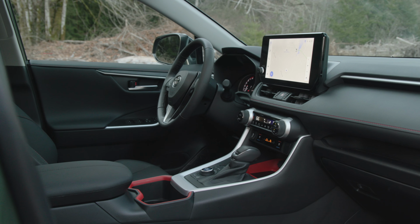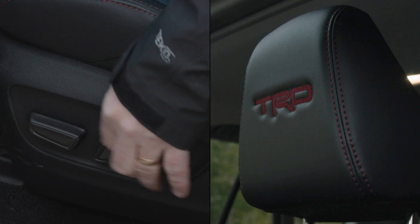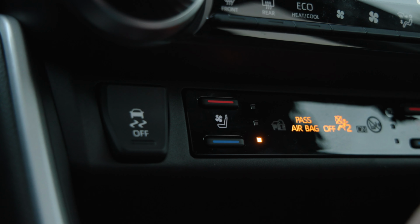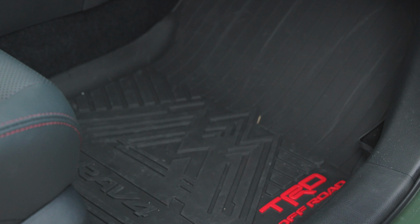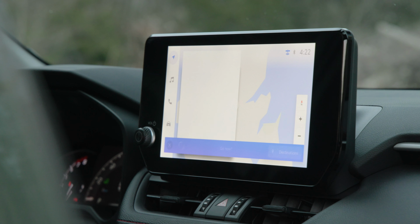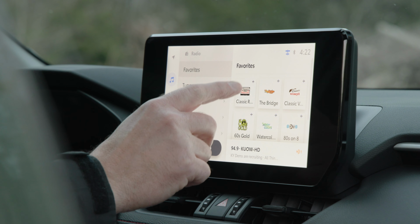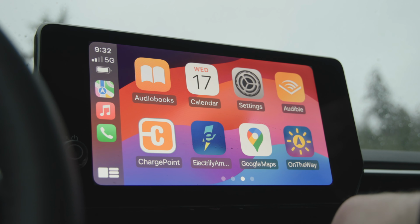Inside, you get a nice list of available features, including power adjustable seats wrapped in Softex synthetic leather. They're both heated and cooled. You also get a heated steering wheel, sunroof, wireless charging, mud mats, as well as a 10.5-inch touchscreen featuring the latest Toyota infotainment system that includes maps and XM satellite radio, in addition to support for wireless CarPlay and Android